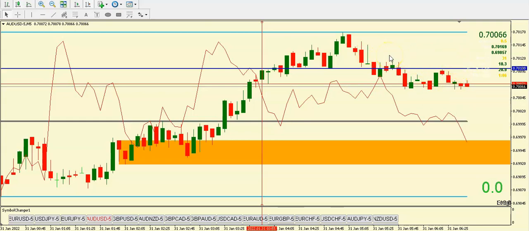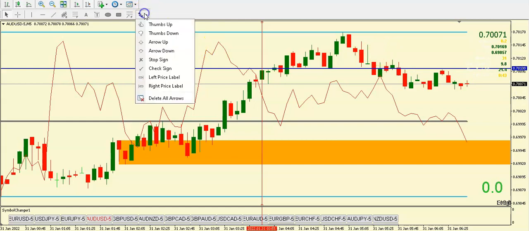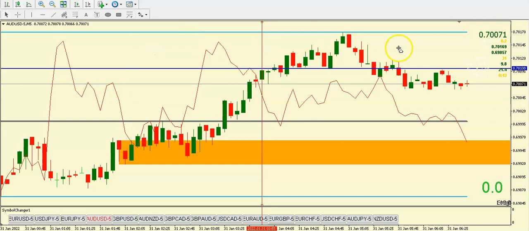And price came to here and has created this little W here, and if it goes up, it has a chance to come and clear these relatively equal highs and come to the middle there. So I will drop down the sell order right here,